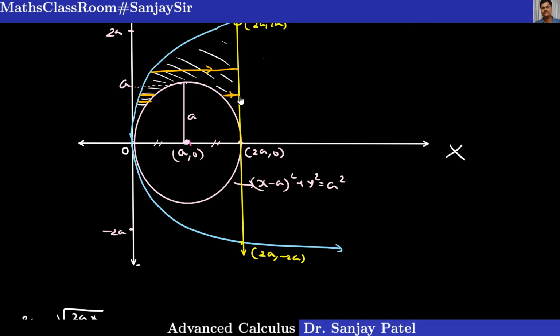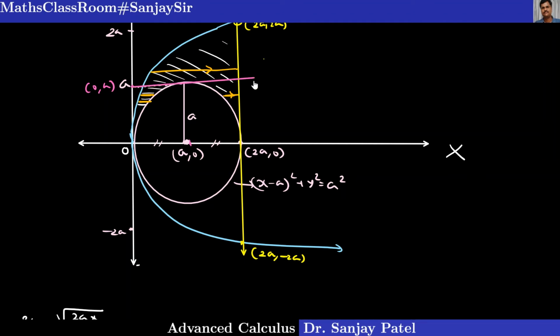So you can see that there are three places at which we are getting different curves for the endpoints of the horizontal strip in the region of integration. So we have to divide the whole region in such a manner that we get a regular region in which we have the same end curves for all the strips. See, if you observe carefully, if I consider a line which is passing through the point 0 comma a and parallel to the x-axis,